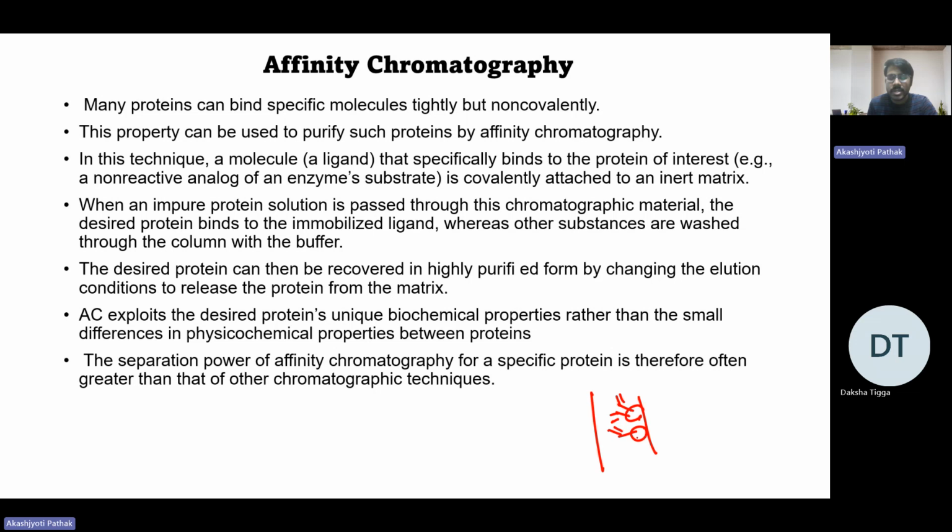Okay, so we learned about this oligo-dT primer and how you can isolate the mRNA. So we learned about this, isn't it? Isolate mRNA from rRNA and tRNA. So that is also an example of affinity chromatography. We know that this mRNA has a poly A tail. So if we pass it through a column which has oligo-dT primer, then what will happen? This mRNA will get immobilized on the column which has this oligo-dT